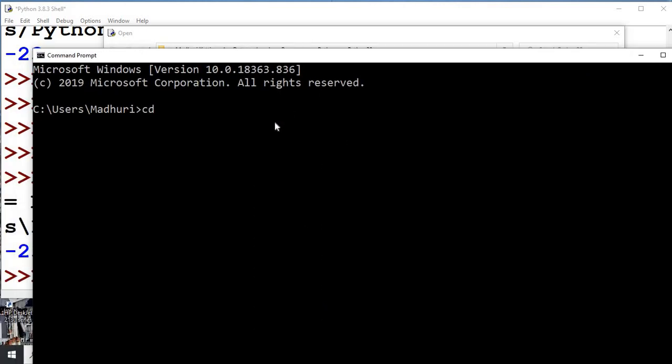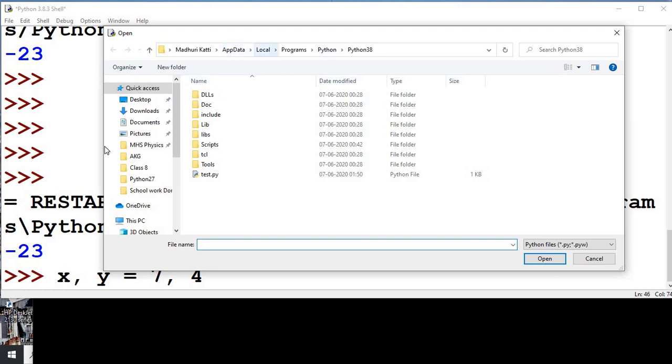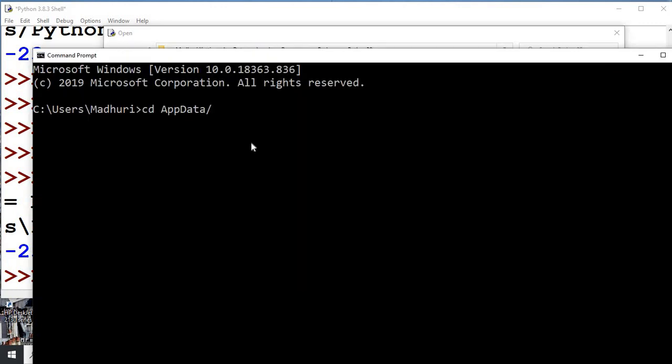So cd is change directory. AppData, then Local, then Programs, then Python, then Python 38.